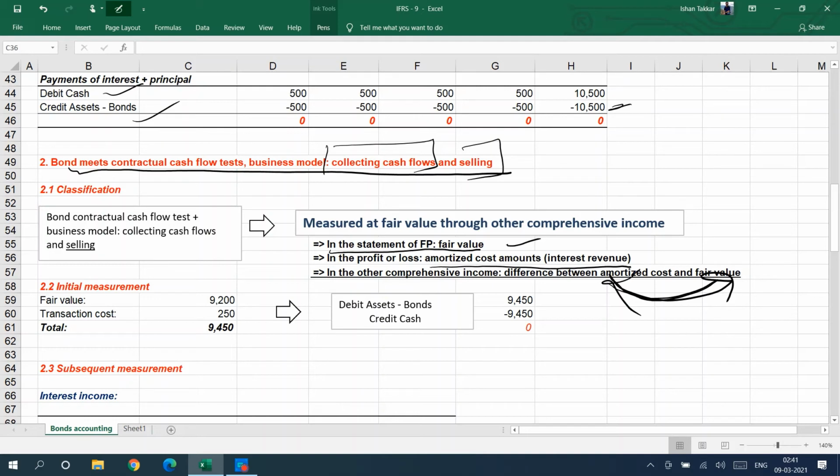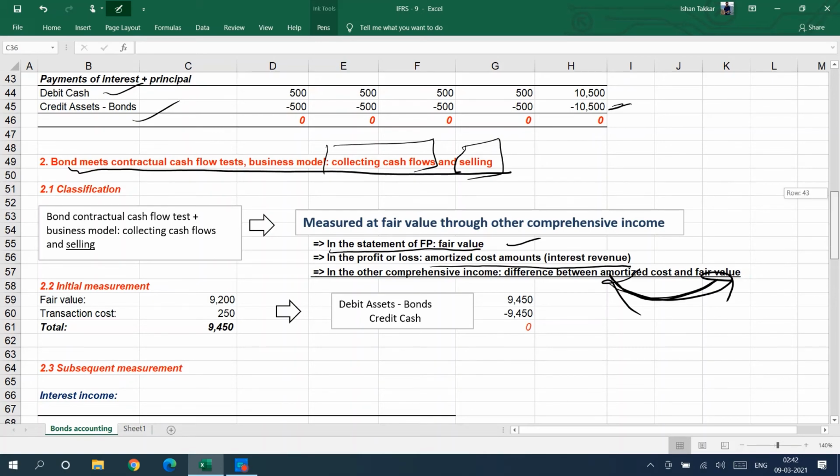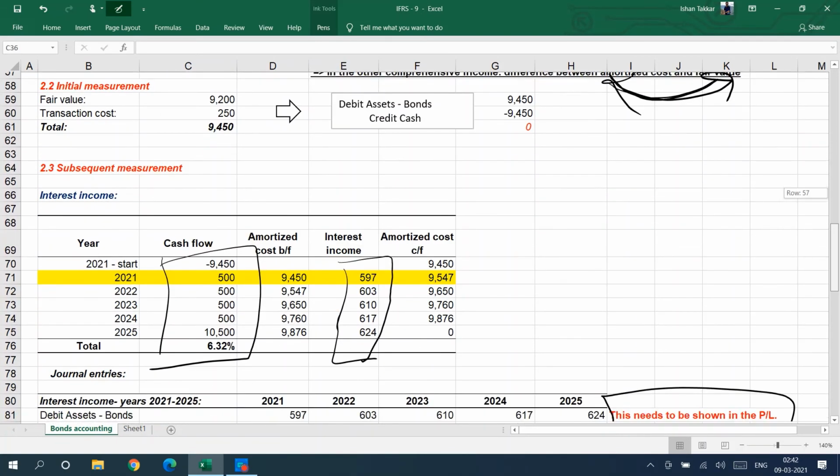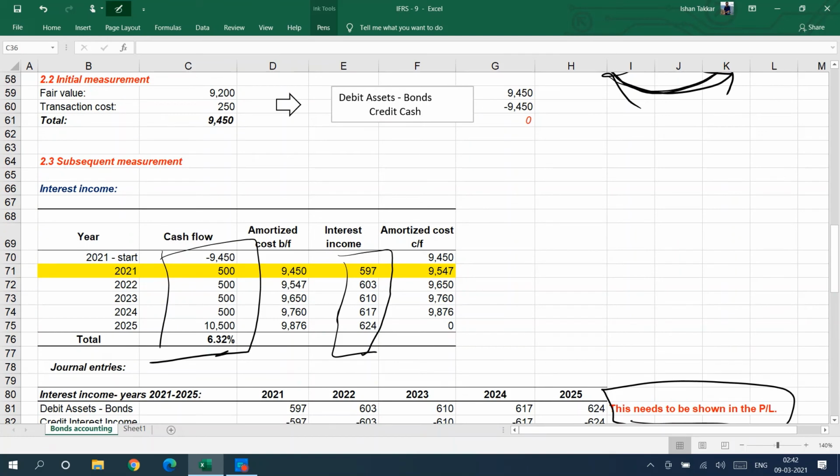So whenever you have a business model of collecting cash flow and selling it, the accounting will be more or less the same, but it will be a bit enhanced version, you can say. You have to calculate the actual return you are earning. So your actual return is 6.32%, that is IRR. You will keep showing the interest income on that basis,